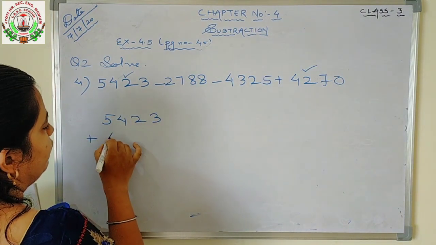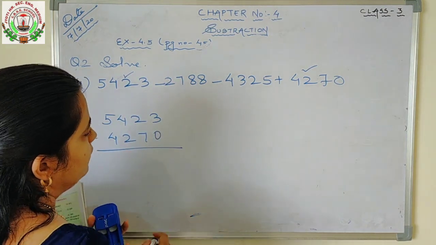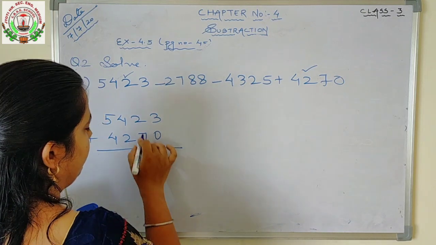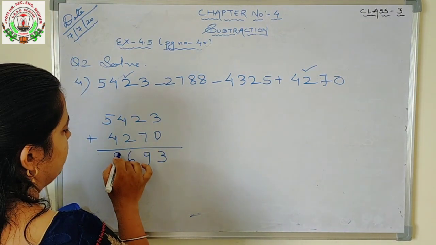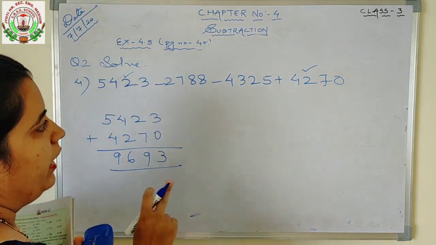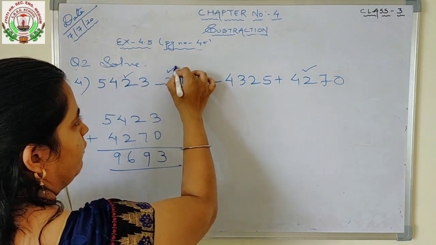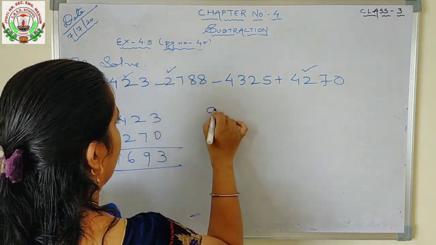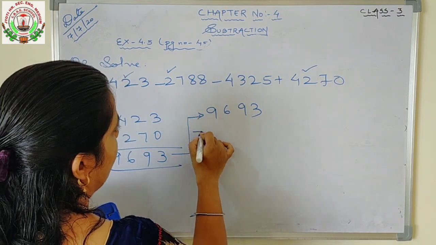5423 plus 4270. First we will add these numbers. 3 plus 0 is 3. 7 plus 2 is 9. 4 plus 2 is 6. 5 plus 4 is 9. So after adding these two numbers we got this number. Okay. Then we have to subtract. First we will subtract this number. 9693 minus